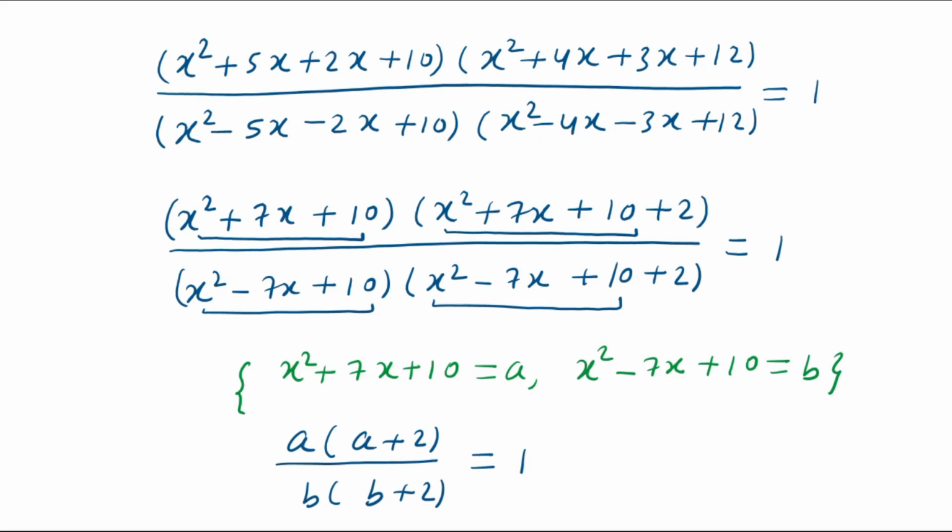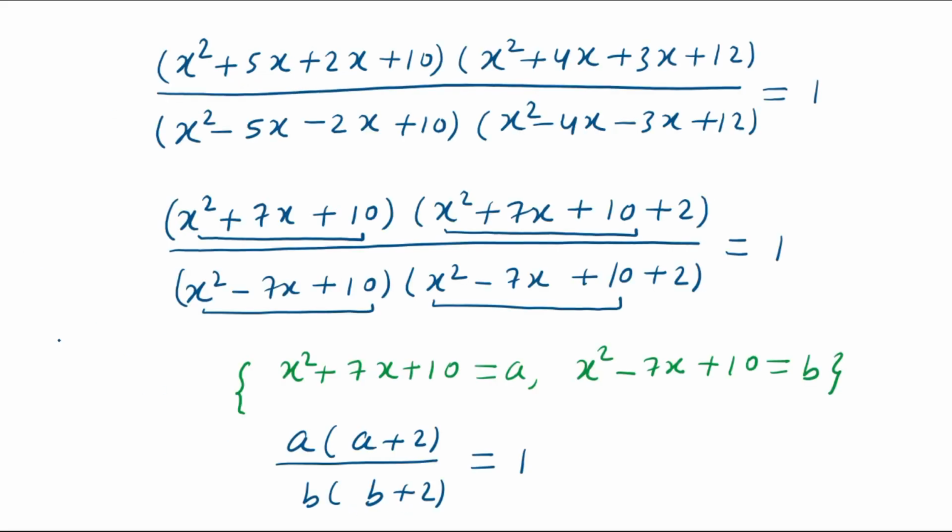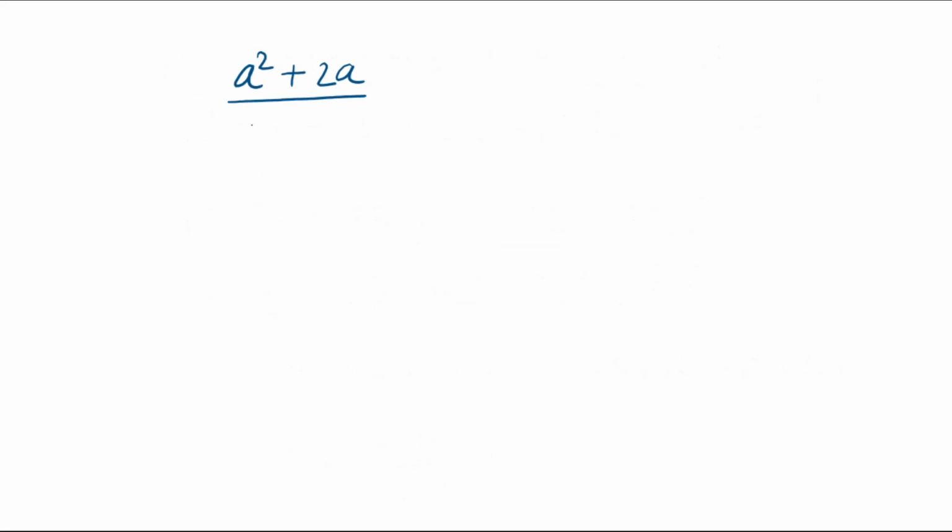Now a times a plus 2 is a square plus 2a, and divide by b times b plus 2 is b square plus 2b, and this is equal to